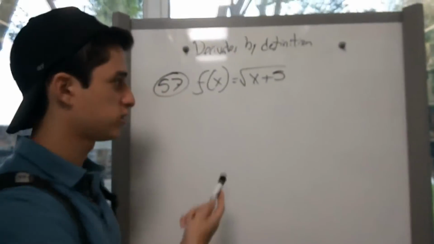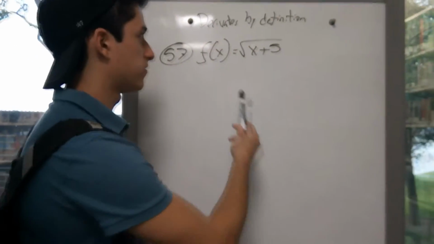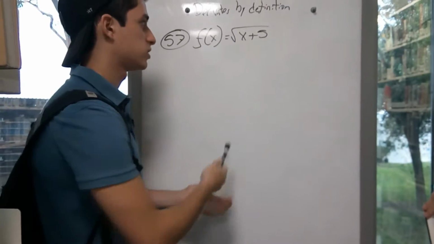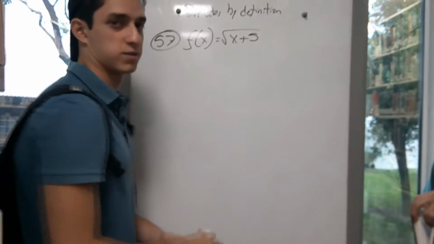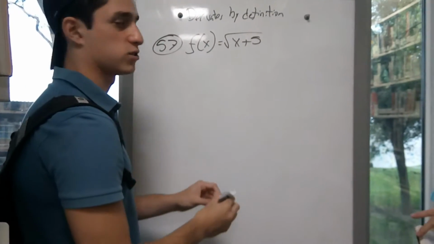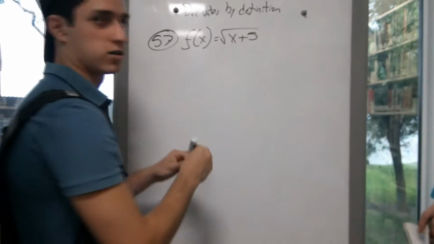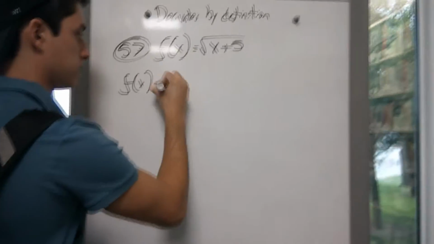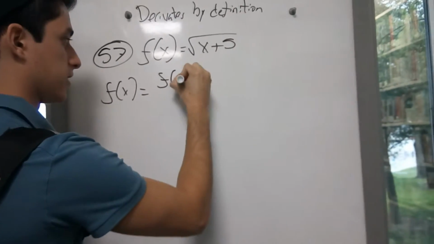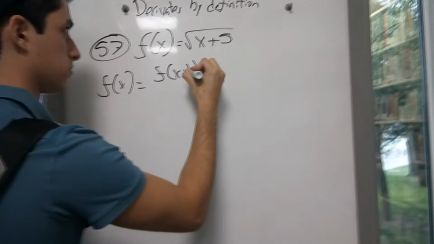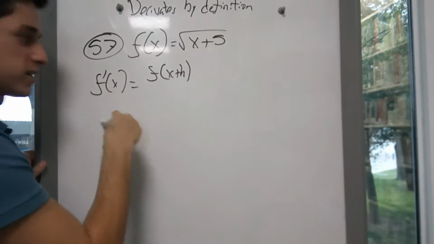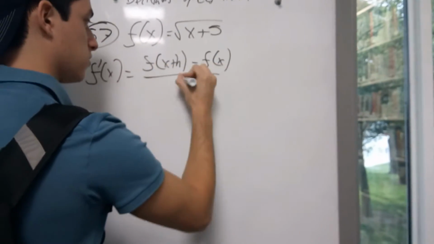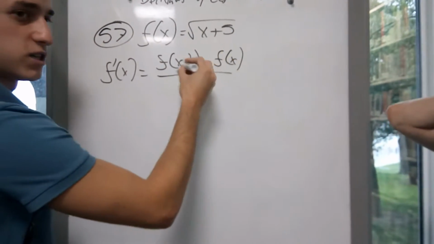Now we're going to do question number 57, which is finding the derivative, by definition, of the function f of x, which is the square root of x plus 5. It is actually quite easy. You just need to apply this to our function, that is f of x plus h,